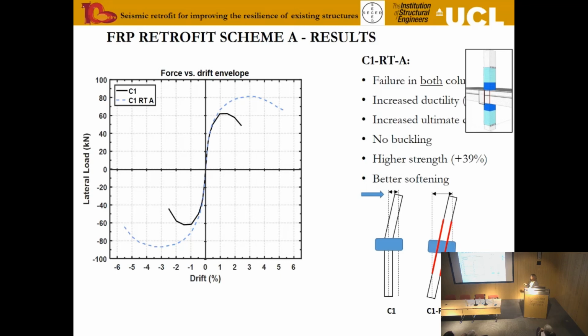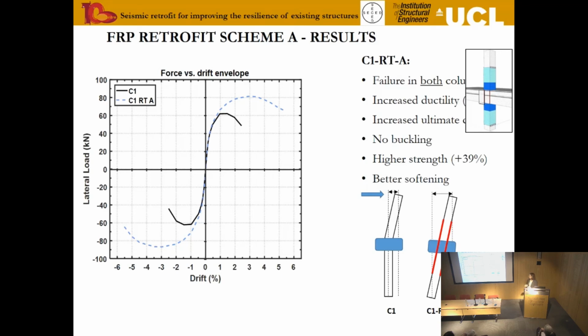It did connect the top and the bottom slab. So we changed the top and the bottom columns. So we changed the behavior from this to this. We did achieve a higher strength, a higher ductility with this arrangement. And this is, let's say, the least invasive of the strengthening procedures that we put forward.